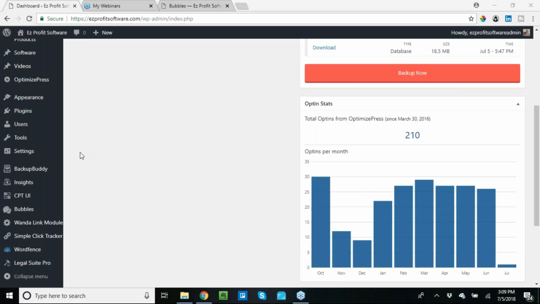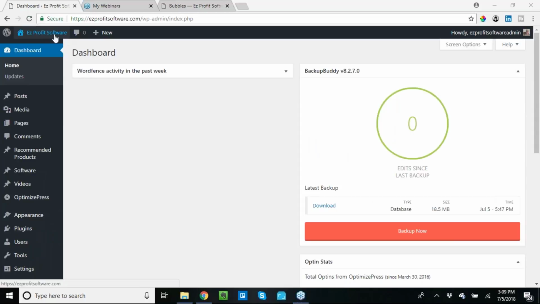So anyway, if you don't know how to install a plugin, there's a video in the members area about how to install Bubbles. So just do that. It's pretty easy. It's hard to figure out if you don't know how to do it from the get-go. It's not necessarily intuitive, but once you've installed one, installing the rest of them is pretty much the same and pretty easy. And once you do that, you're going to see, I'm in a WordPress site of ours,